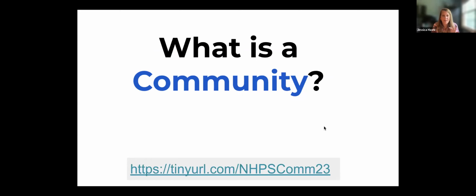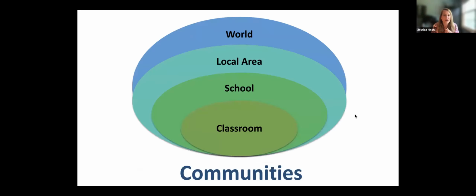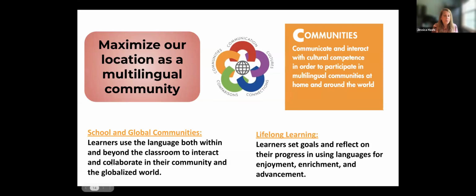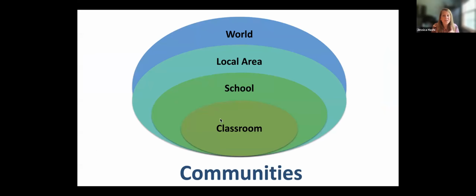I want to just pause for a second and think about that word community, because everybody throws that word around nowadays, from politicians to teachers to whoever. What is a community? So we thought there are really different levels of communities, and depending on where the kids are in their language ability or the access that you have, it could be as simple as your classroom community. If we go back to that standard, we want them using the language within and beyond the classroom, right? So first is your classroom community, and we wanted to be really careful about cultivating the feeling of real community in the classroom with our curriculum.